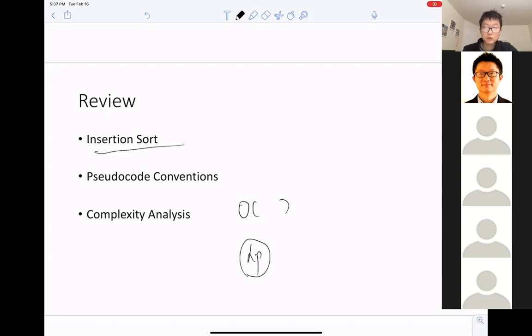For algorithms, if you talk about Big O something, everyone is going to relate it to worst case time performance, the worst case time complexity. So what is the worst case time complexity of insertion sort? O(n) squared? Yes, O(n) squared. Nice. This is pretty much everything that we discussed last week.